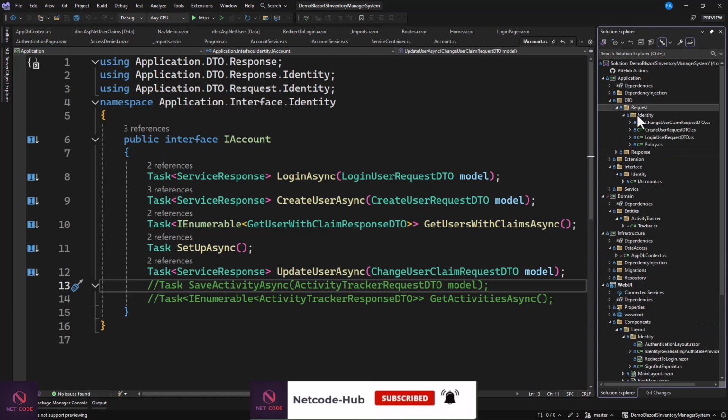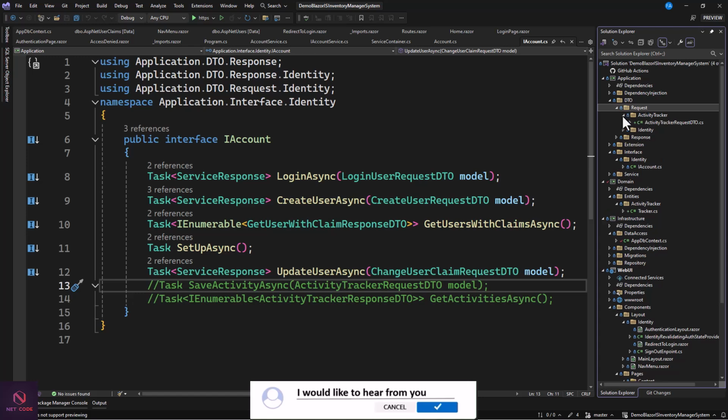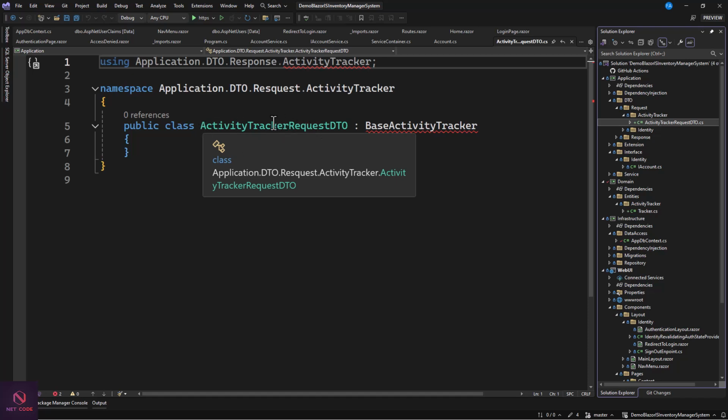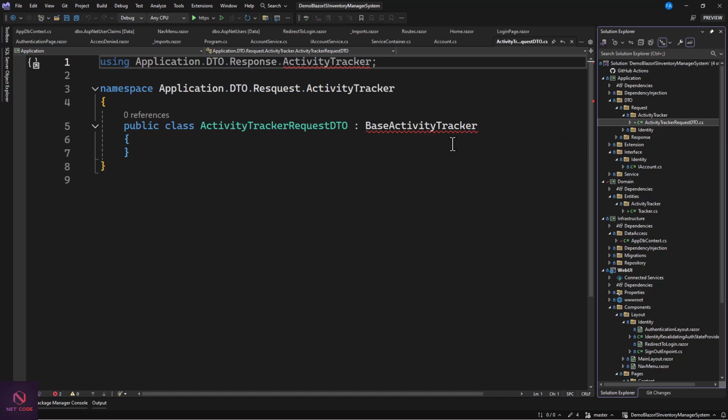In the identity, you can also have my activity tracker, which comprises just a class of activity tracker request DTO, and which inherits from this base class. So we need to create this base class,